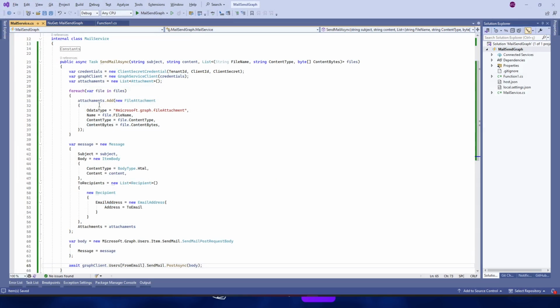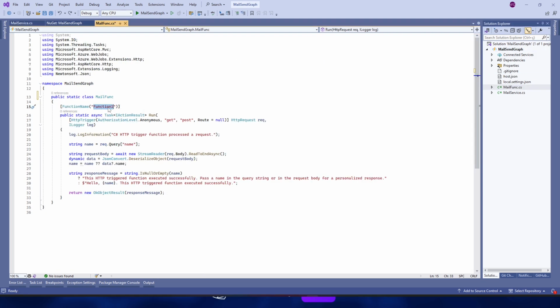Now let's create the function to send emails with Microsoft Graph. Rename this to MailFunc and rename the function name to SendMailFunc. I will remove the get method and delete this content.